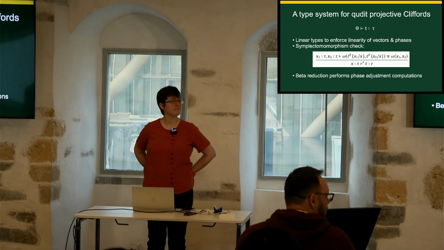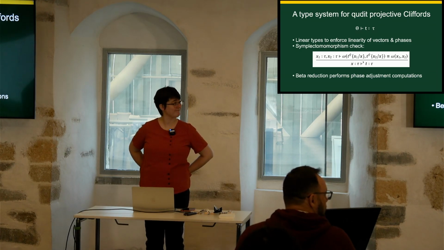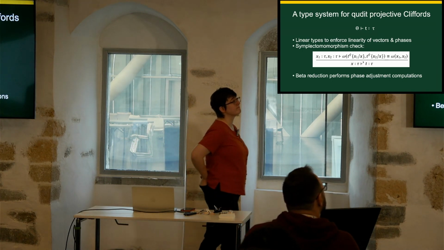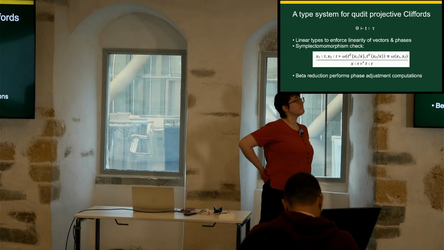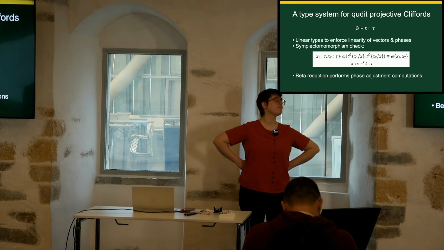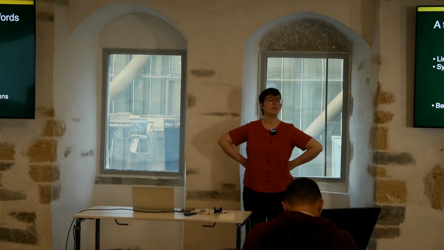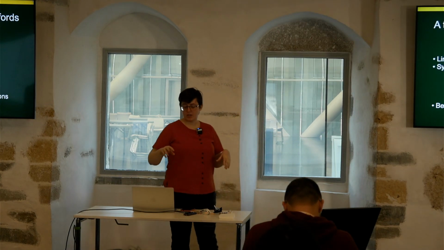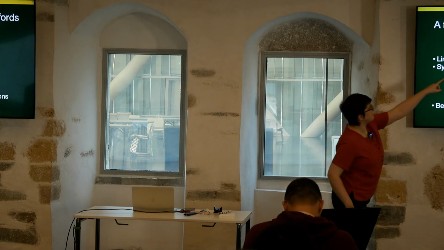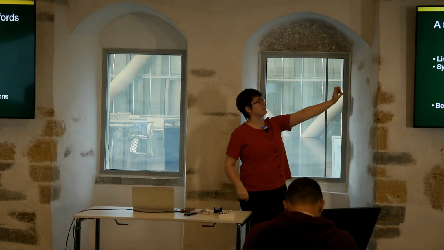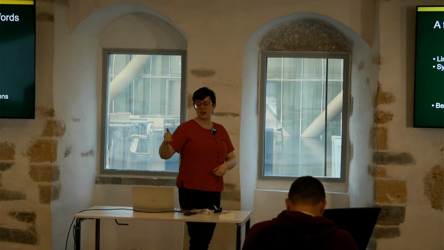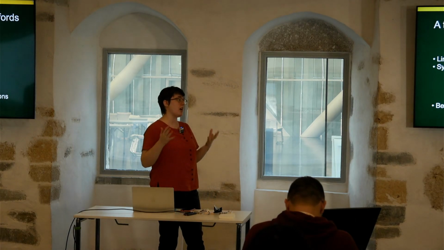Other questions? I was just curious about linearity, because you mentioned linearity at some point. Do you enforce a strong form of linearity, so every function is linear, or do you have things like comonads, which allow you to copy maybe parts of programs that do not refer to qubits? Yeah, so we do add in the nonlinear variables. It's not shown in this, but we have an additional context for nonlinear variables, and only the things of Pauli type are treated linearly.